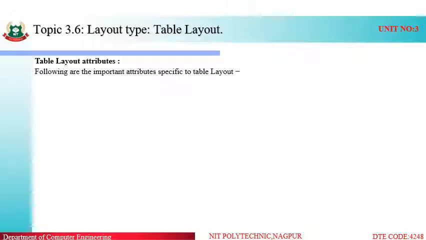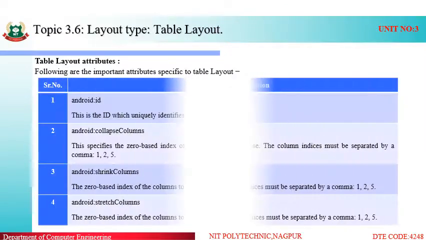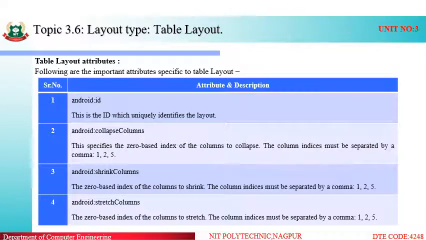Next are the different attributes related to the table layout. First is android:id, which is mandatory for every layout or every component we use on the screen. So an ID we have to assign. Next is collapse columns. This specifies the zero based index of the columns to collapse.